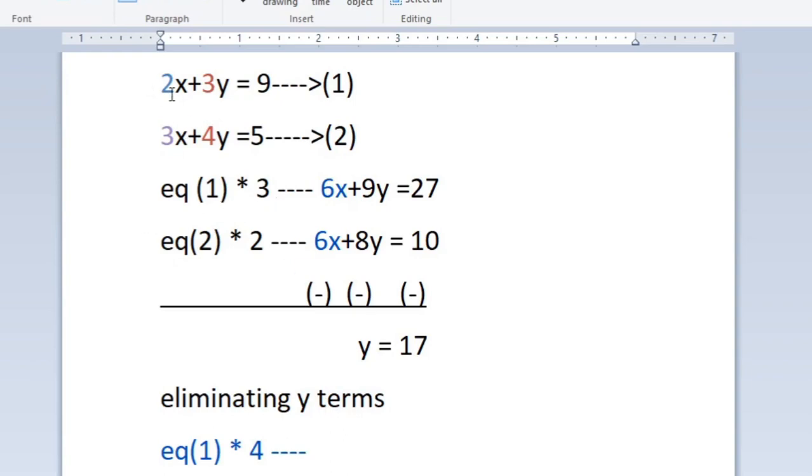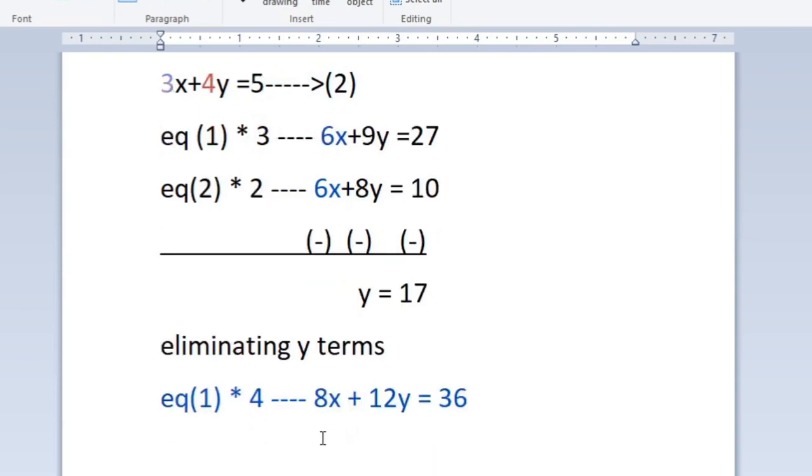That implies, come to equation 1. Here each and every term is multiplied by this 4. Now come here. Here we have 2. This 2 is multiplied by this 4. It is 8. The variable is x, 8x. Then you have to multiply this 3 with this 4. It becomes 12. The variable is y. Therefore the term is 12y. Then come to RHS. You should not forget to multiply the RHS. Then this 9 into this 4 gives 36. Similarly, you have to multiply the equation 2.